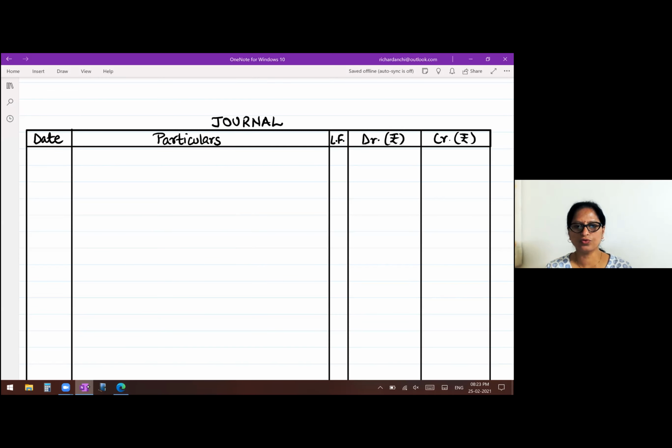So for that, you have to draw the journal. And first thing, you will write in whose books you are preparing this journal. They have given you, journalize the following transactions in the books of the journal. Below that, you will write journal and draw the format. So see children, please draw the format properly. Date particular should be the bigger, broader column. Ledger folio, very small because we don't write anything in that. And then the debit and credit columns. So on a page, it will fit.